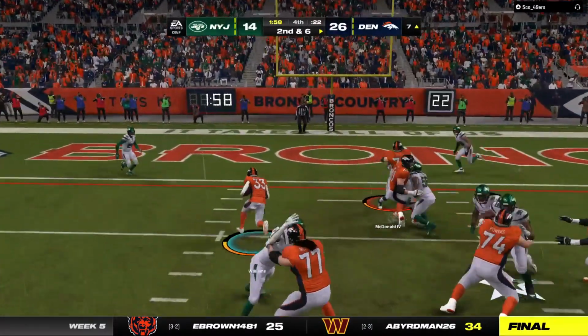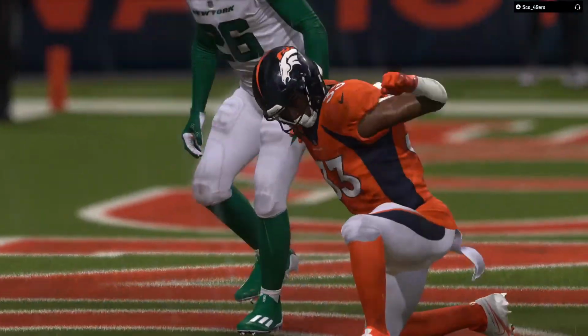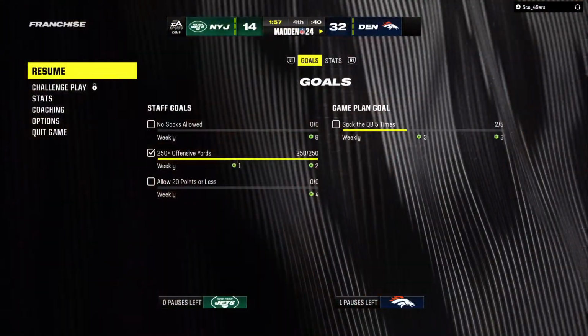He's going to get it again. Just looking to get forward and protect the ball. And he is into the end zone for a...